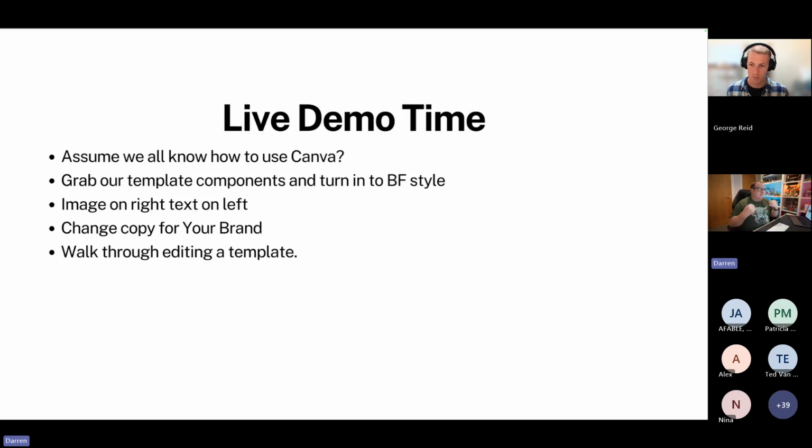This isn't a newbie level that we're going to pitch this at, but we do have some other guided beginner stuff in the training that you can go through under the training section. But we're going to grab some of the templates or the components that we've created for you, change the images, add some video, and show you how you can add the animation elements into those. You can update the copy on those templates as well for your own brand.